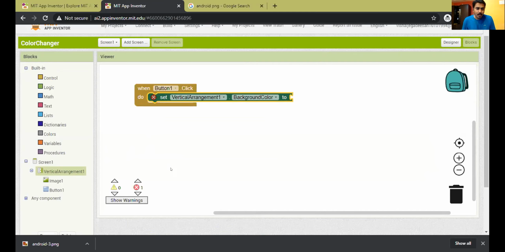Fine. So what I will do here is, see, colors is a combination of red, green and blue. Whatever color you want, it is a combination of red, green and blue, and the values will be 0 to 255. The minimum value of red, green and blue will be 0, and the maximum value will be 255. Let me show you how it works.